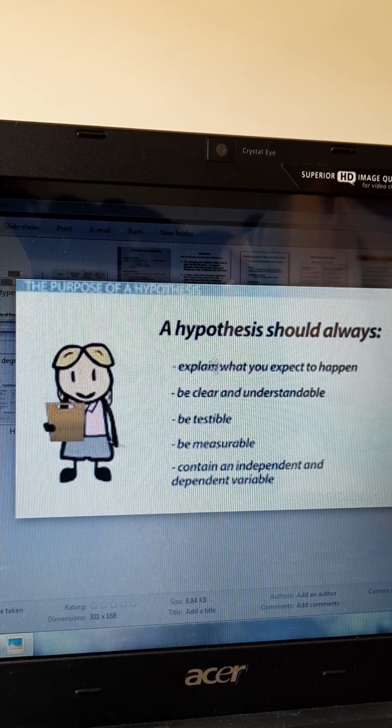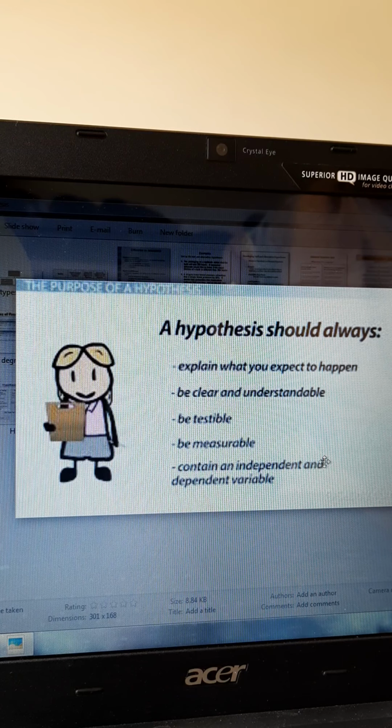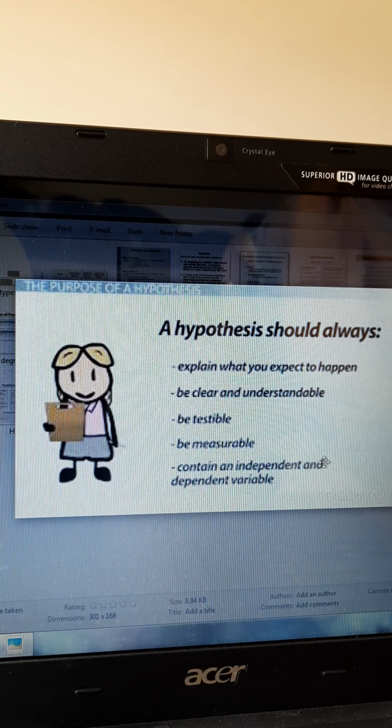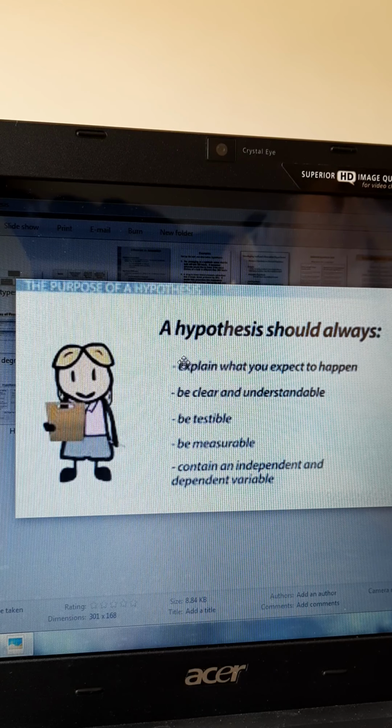So what is a hypothesis? It is a supposition. It explains what you expect out of the research, what you ideally want from the research. For example, there is a gain in the weight after taking the energy powder. There is a difference in the marks after the training. What is it that you expect from the research?